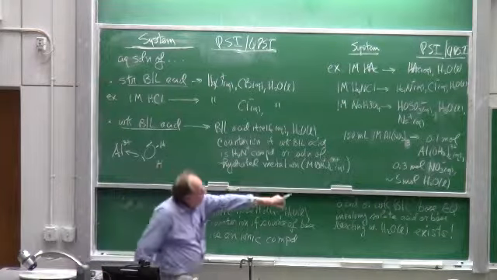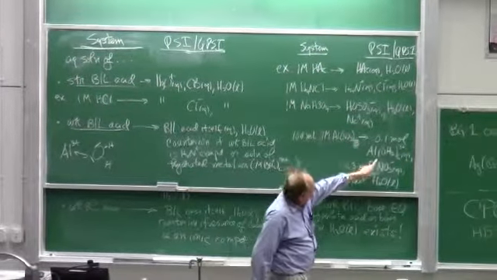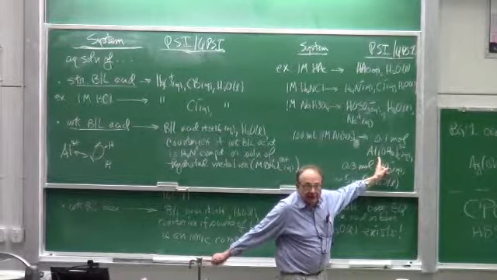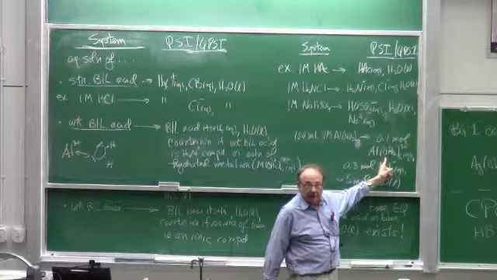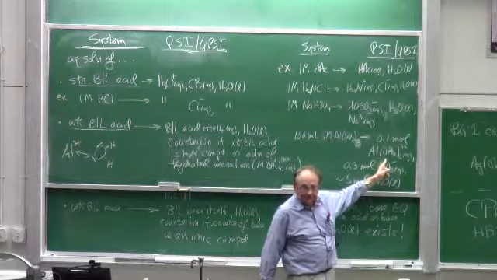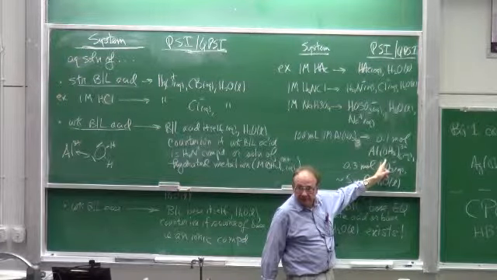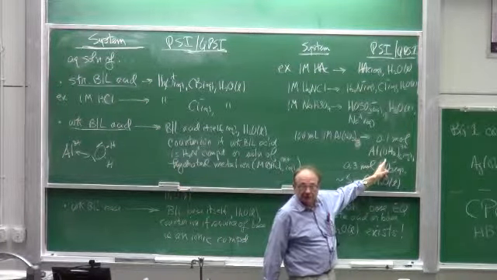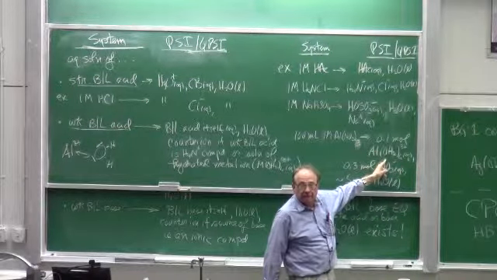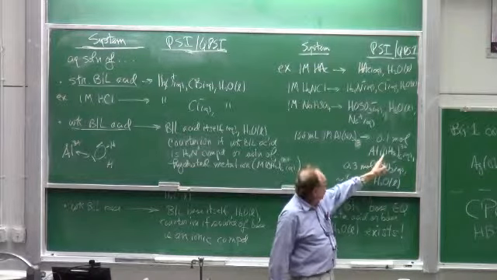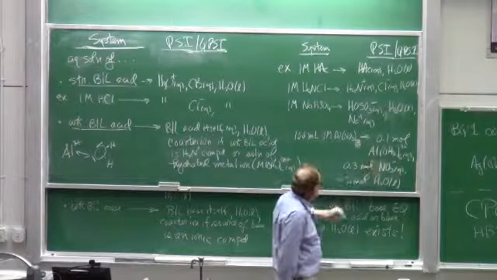So I write the formula for the hydrated metal ion like this because the bond formation interaction is between aluminum ion and the oxygen end of the water molecule. That's why I got the formula written like this. Because the water molecule to aluminum ion bonds are all involving the oxygen end of each water molecule that's part of this